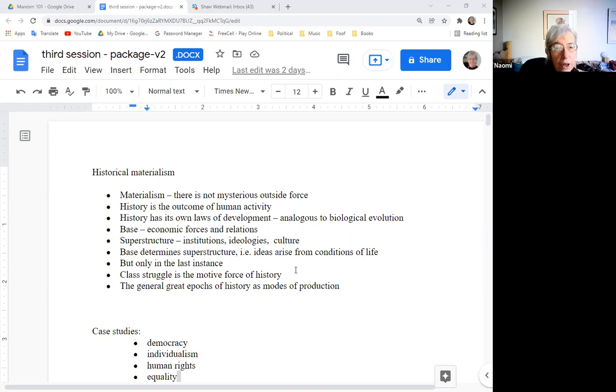And the form that will take over a relatively long period, I mean, what will be the superstructure? We don't yet know for sure, because, as I said before, these things don't just happen in a simple mechanical way. In some ways, we're going to have to wait and see what will be the new ideas and the new cultures and the new social institutions that arise under new circumstances as classes begin to be abolished and as exploitation